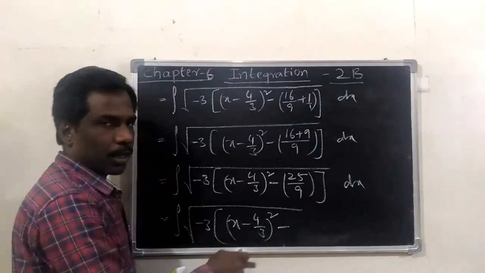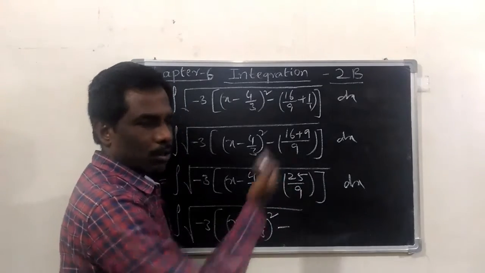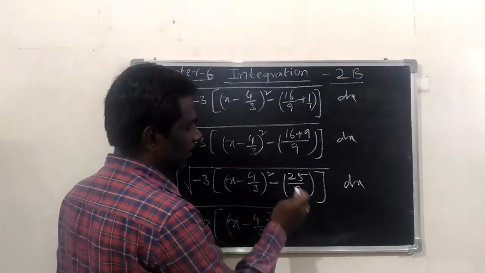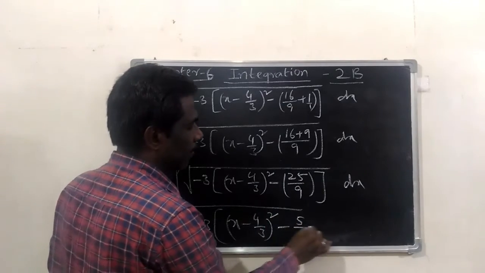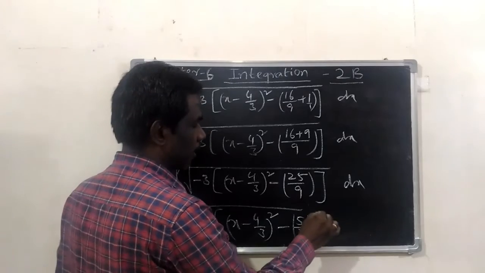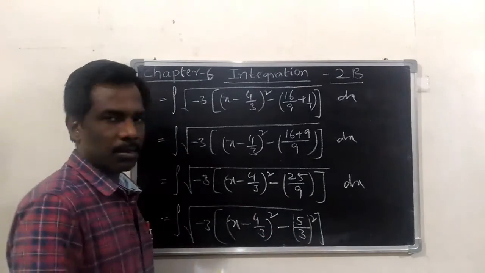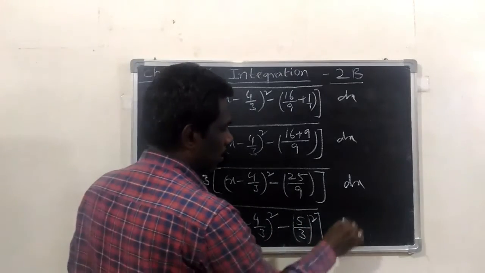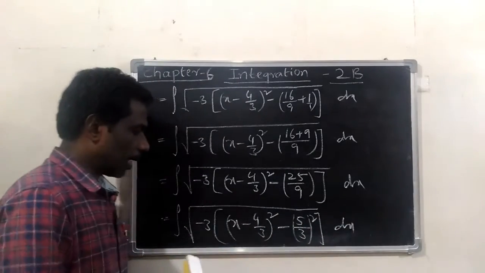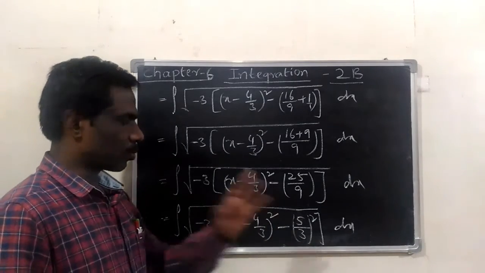This has a whole square, that's why I want to write this is also somewhat whole square. So for that, what can we write now? This is 5 by, and 9 has 3. 5 by 3 whole square. Here 5 square is a 25 and 3 square is a 9. Now we got it as somewhat formula under root of x square minus a square.